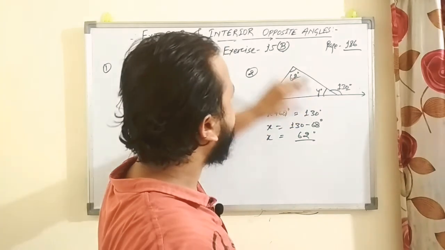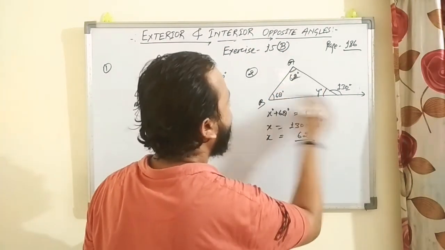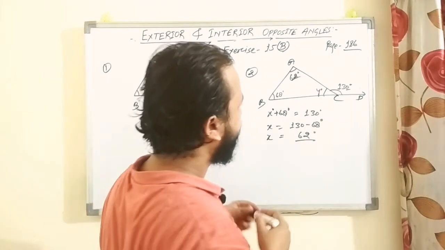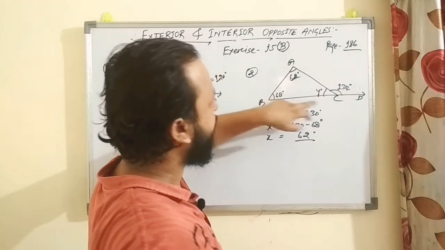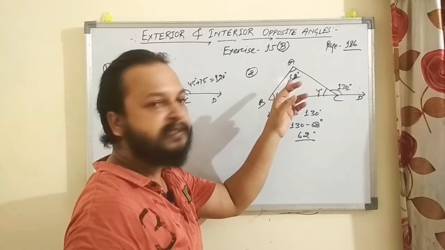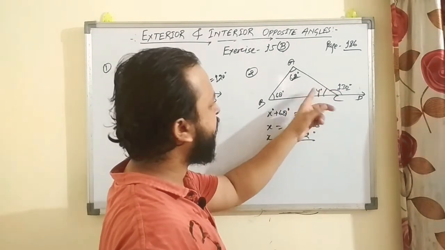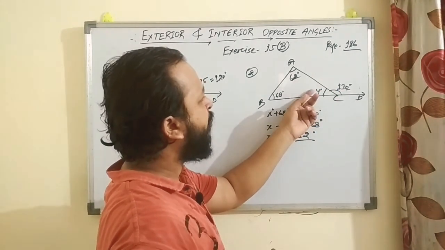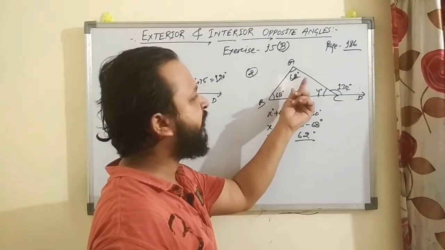And you know that there are two ways you can solve it. First is just take the triangle, the name of the triangle is ABC and D. So if we are taking this triangle ABC, sum of angles of a triangle is 180 degrees, right? So add these angles, plus y is equal to 180 degrees, and you will get the value of y when the addition of this is subtracted from 180 degrees.